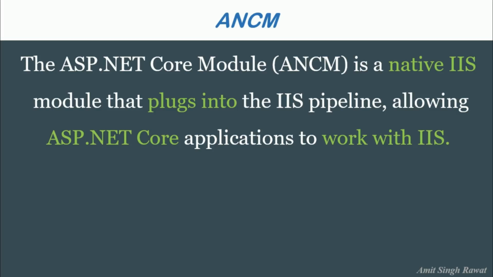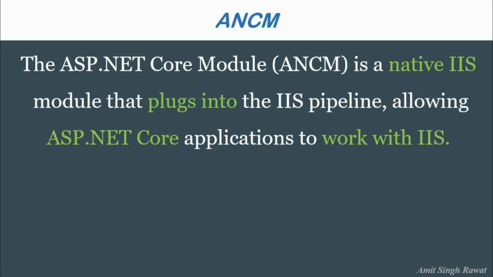Just like if you have to add JSON functionality in your project, you just go to NuGet and add the Newtonsoft.Json NuGet package. Right, simple. Similarly, here a native IIS module is a Win32 DLL, which we can add in IIS to extend the functionality of IIS. IIS is also a piece of software, right? Simple, extremely simple. So the ASP.NET Core Module, ANCM, is a native IIS module that plugs into the IIS pipeline,